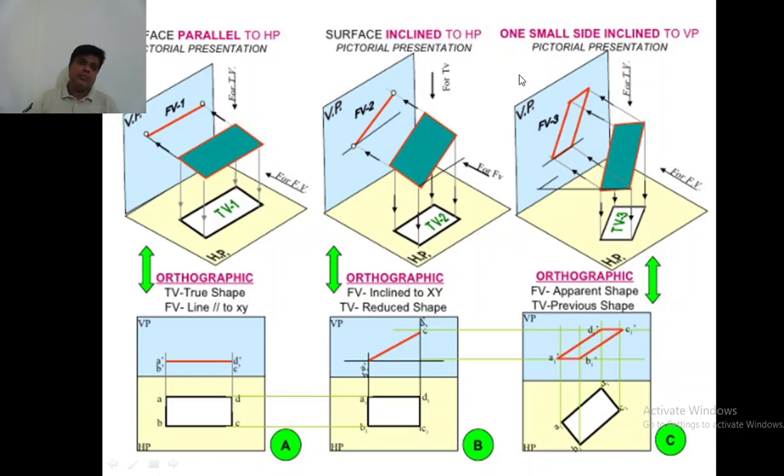The problems will be based on these conditions. They will give the location or position of the plane with respect to HP and VP, and you should be able to draw the front view and top views at different positions of the plane. You will understand when you solve the problems. So this is called projection of the planes.